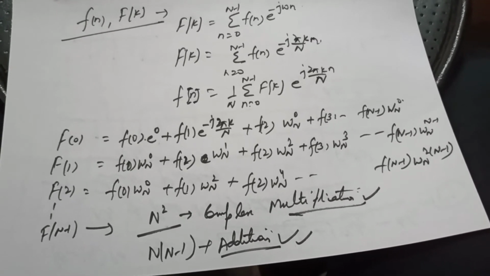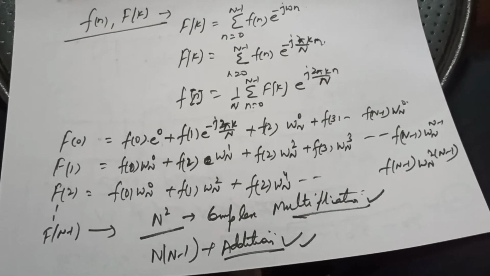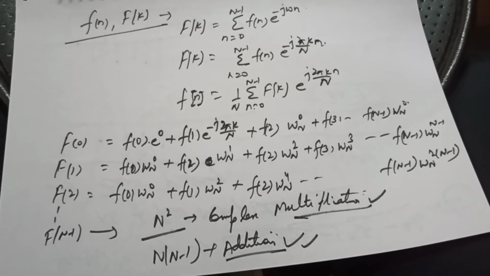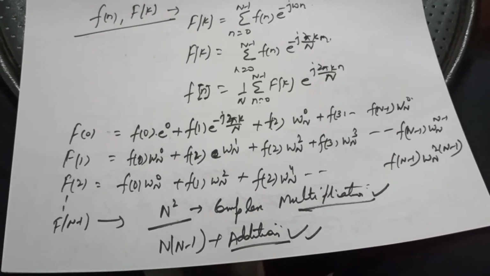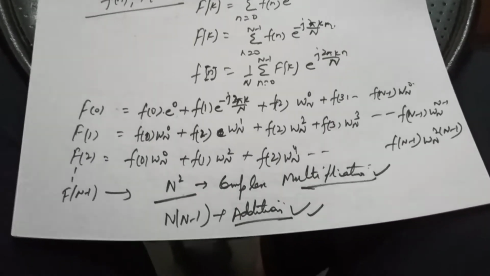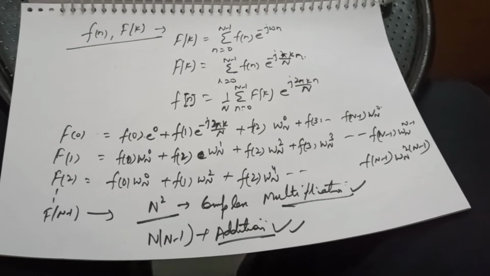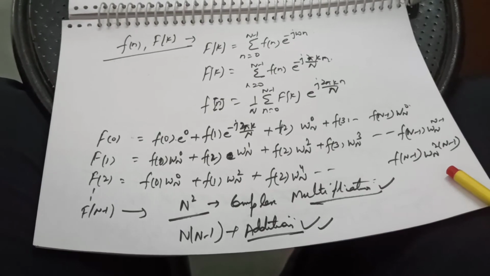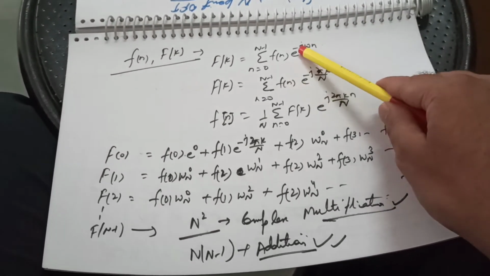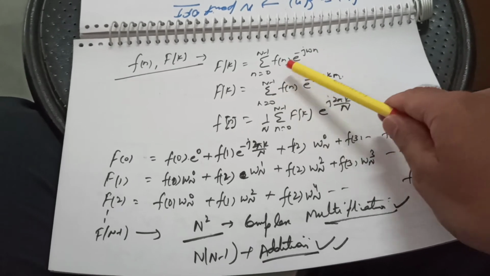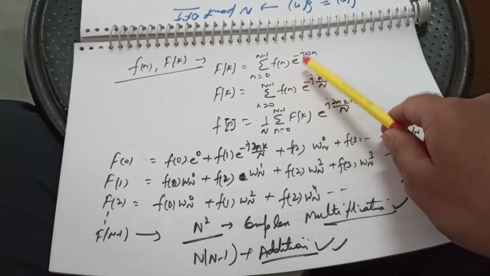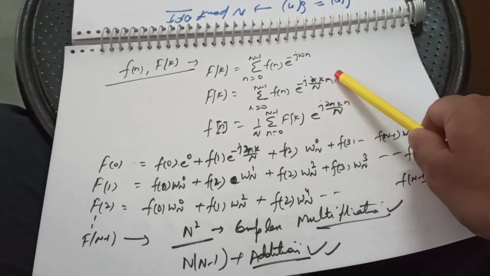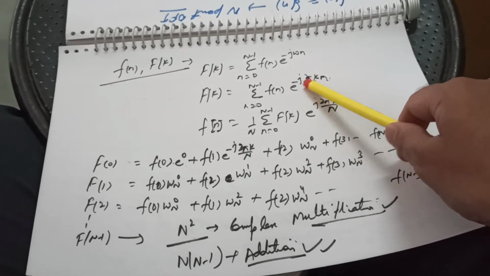Then we will be calculating F(k) by putting these values. If we are here to calculate capital F(0), that is the value of the DFT for k equals 0, then we can simply expand this summation. This is W_N, e to the power minus j omega n, where omega is sampled to get 2 pi k by N. Now kn will be kept intact and e to the power minus j 2 pi by N will become W.